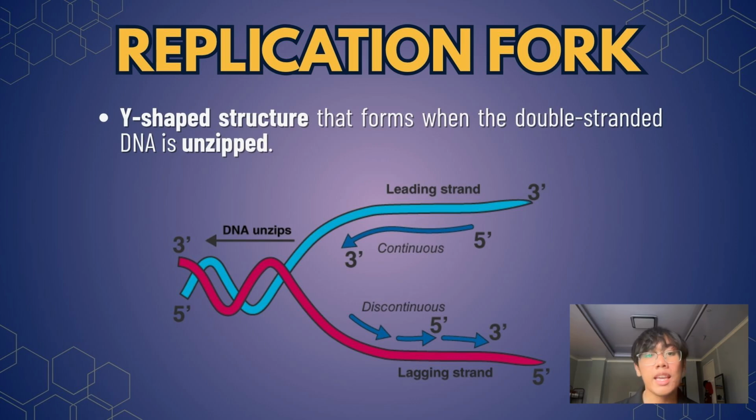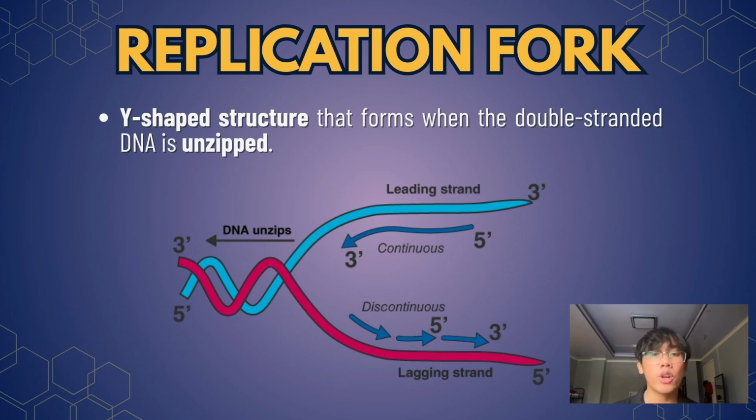Moving on, let's take a closer look at the replication fork, the central hub where all the action begins. The replication fork is a Y-shaped structure that forms when the double-stranded DNA is unzipped. Now here's something interesting. At the replication fork, the two strands of DNA are not copied in the same way. One strand, called the leading strand, is synthesized smoothly and continuously in the same direction that the fork is opening. However, one strand is called the lagging strand and is made in short, disconnected fragments called Okazaki fragments because it runs in the opposite direction. Now you may be wondering,